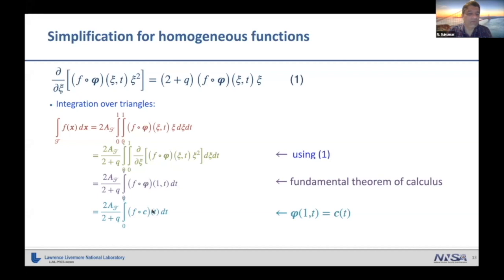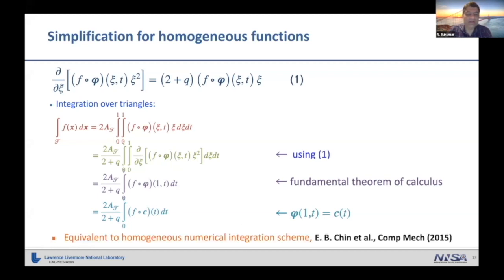When psi is equal to 1, we are on the boundary. So this becomes a one-dimensional integration because phi of 1, t is equal to c(t). So this is a one-dimensional integration, and this is basically equivalent to the HNI scheme, which we did many years ago. So in fact, we got to this scaled boundary by the inverse method,